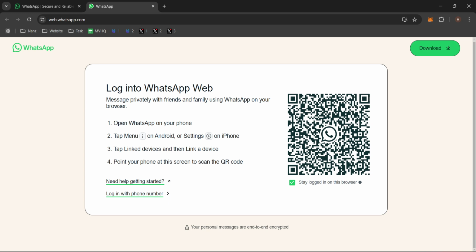Unlock your phone and open the WhatsApp application. Whether you're using an Android or iOS device, the process remains pretty straightforward. On Android, tap on the three dots at the top right corner of the screen to open the menu, then select WhatsApp Web. For iPhone users, go to the Settings tab at the bottom right corner and tap on WhatsApp Web Desktop. Both of these actions will activate your phone's camera in scanner mode.